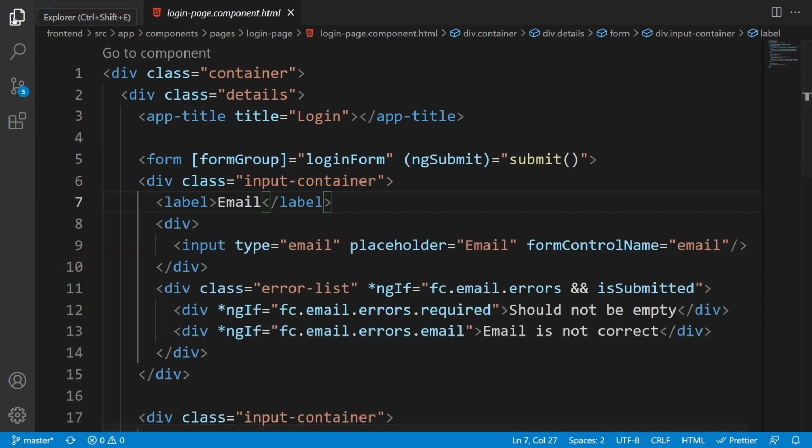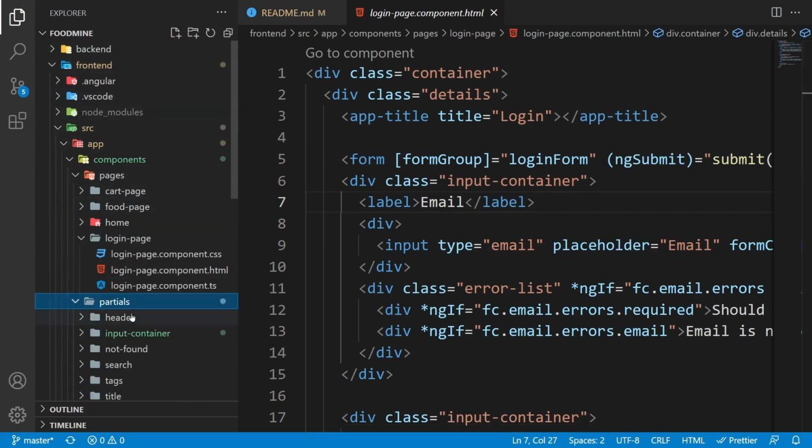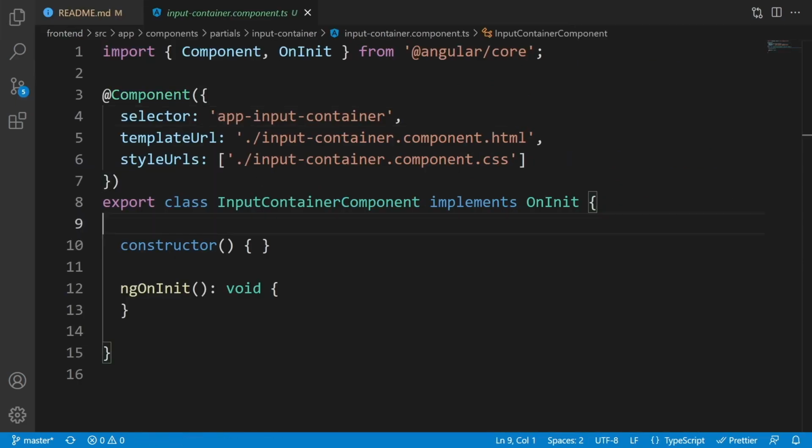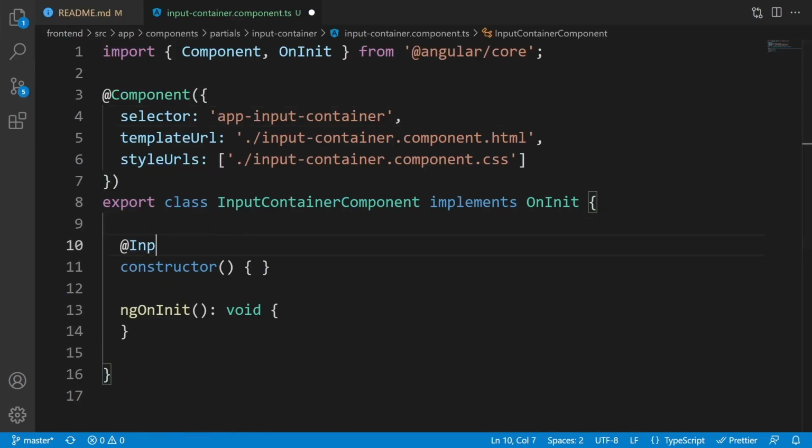Close the terminal and go to the Explorer and go inside the partials folder. Here we go. We have the input container here. Open it up and open the input container component TS file. Here we want to add two inputs. The first input,